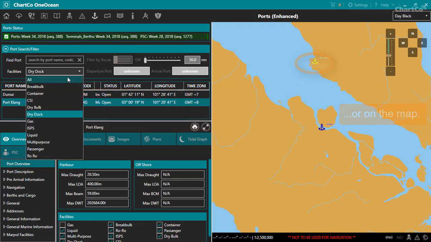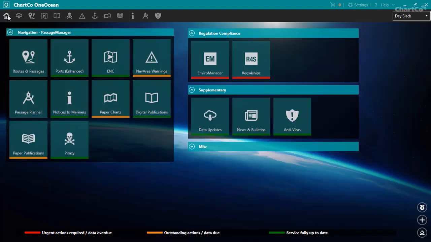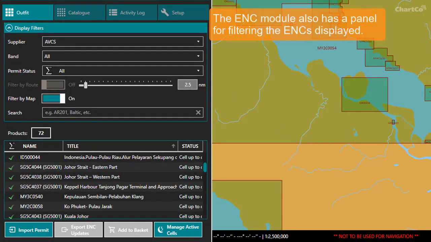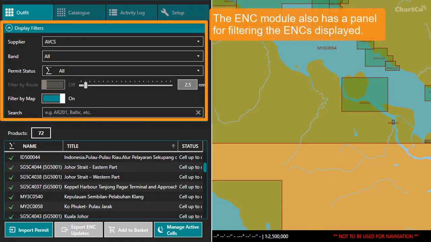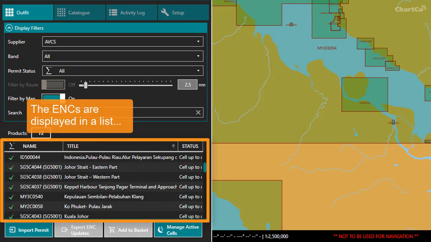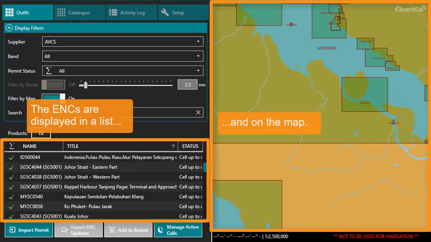Let's compare that with another module. We'll take a look at the E&C module, where we can manage the electronic nautical charts in our outfit. Much like the ports module, we have a panel for filtering the E&Cs we can see, which are displayed both in the form of a list below the filter panel and on the map by these shaded areas representing the